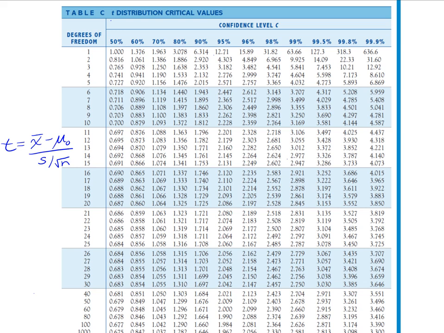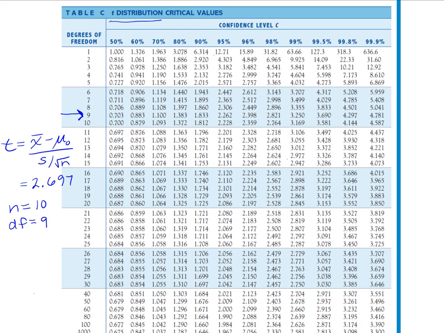So this is when we use the t distribution, Table C, and let's say we have the t equals, in this case, let's say we calculate it and it turns out to be 2.697, let's say. Then we also need to know the size of the sample. Let's say n was equal to 10. Then we know that we would have 9 degrees of freedom. So we would look across this row for the value t equals